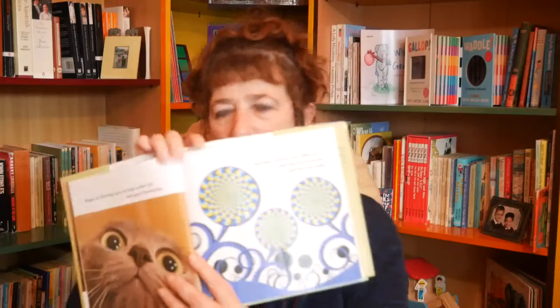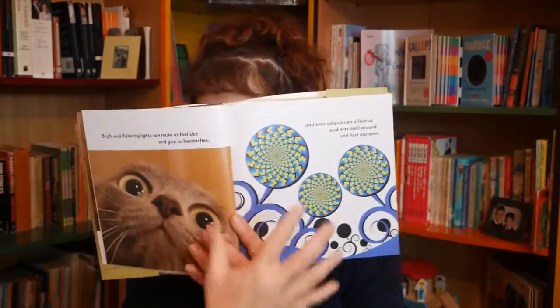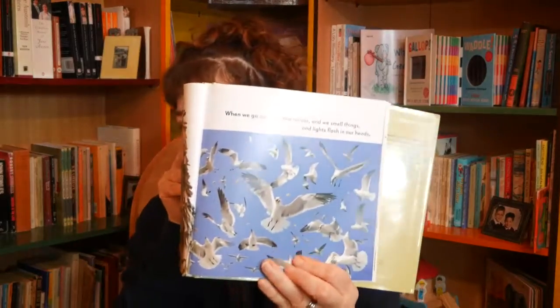Again, I'm going to find a picture for you from Inside Asperger's Looking Out, the one with all those swirly things, but also this idea that the playground is a bit like a flock of birds, just overwhelming, everything coming at you. Oh my gosh, I can't take it. If you think about it, overloaded displays can just be overpowering, overwhelming for a child with sensory needs. So we need to think about some solutions,